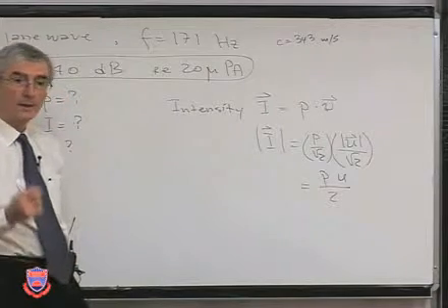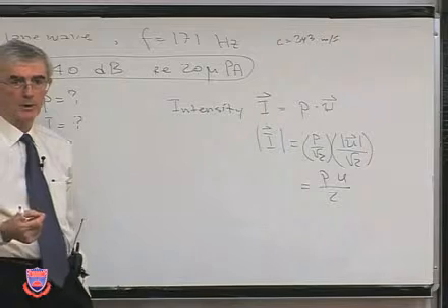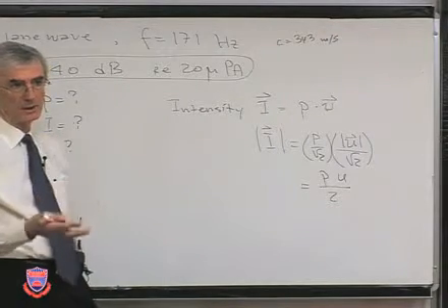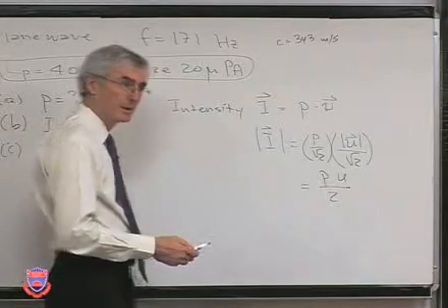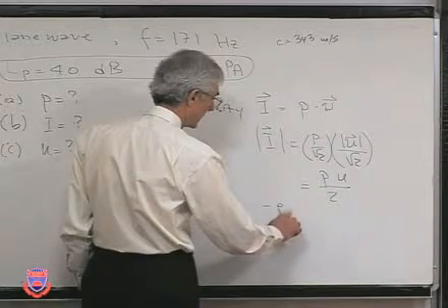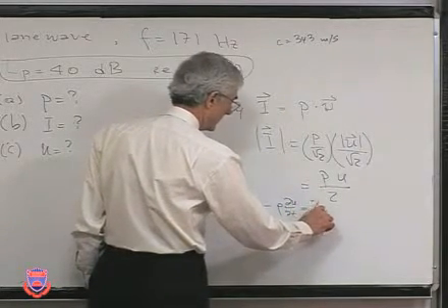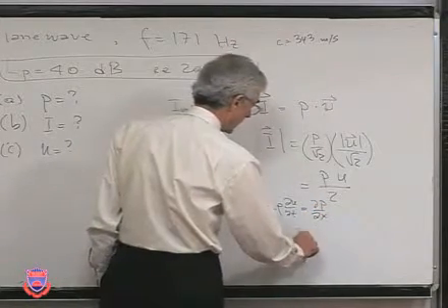Now, in a plane wave, we do know the relationship between particle velocity and pressure in a plane wave in a normal incidence. And what is that? Does anybody remember? Remember, it comes from, and that gives us,